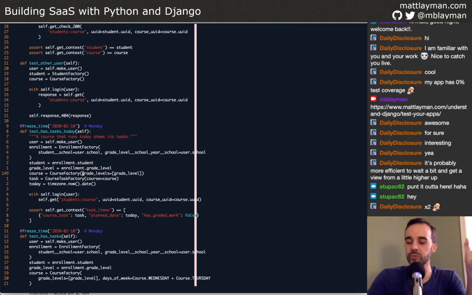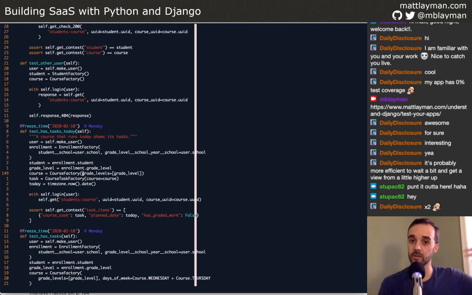So now we have a new tool that we didn't have previously. The view that had the logic that we cared about, that logic is no longer locked away in the view. It's now in this forecaster object that we can apply to this new forecast view. And the thing that we need to feed this forecaster to get the dates that we care about are students and courses, right? So the test we might want to write to position ourselves to write the forecast view is